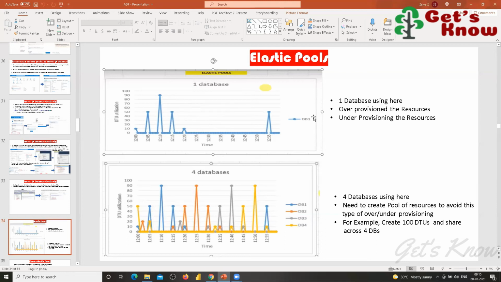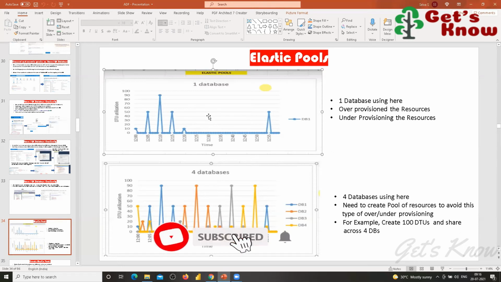If you are paying that amount in this way, it is called over provisioning. We are paying money for something we are not using. This resource I have taken by the method of over provisioning, and it is a loss for me.